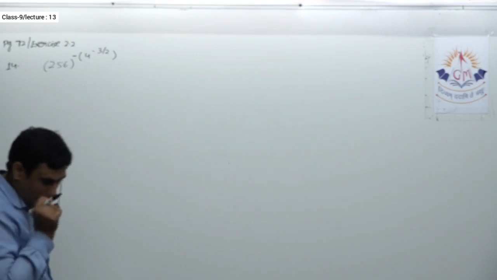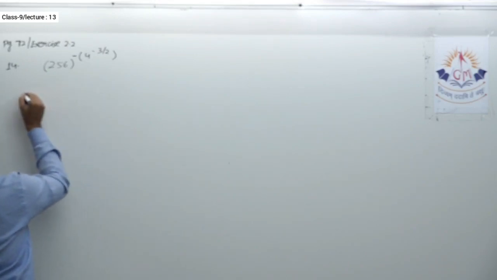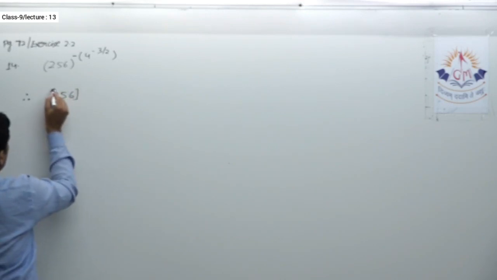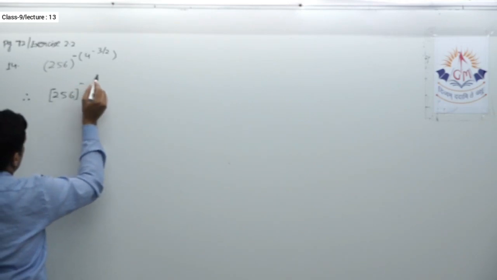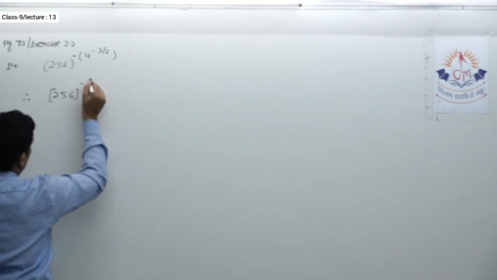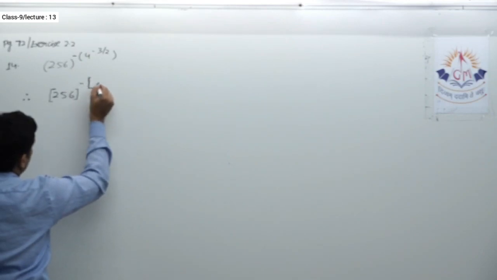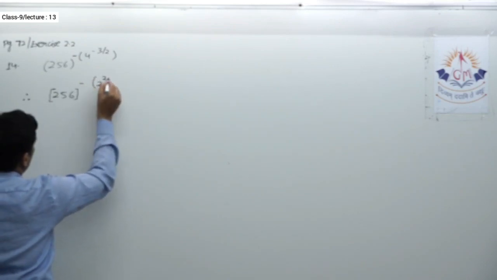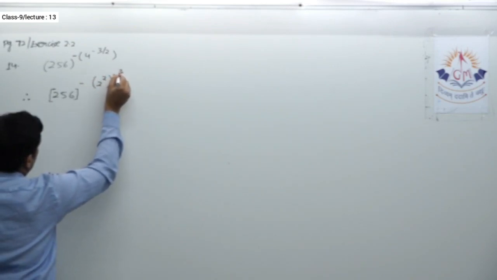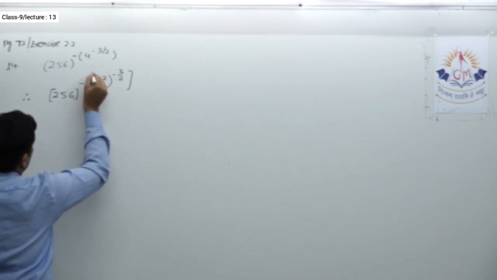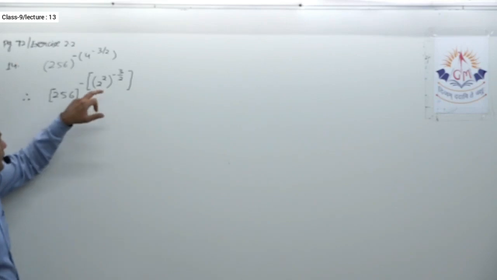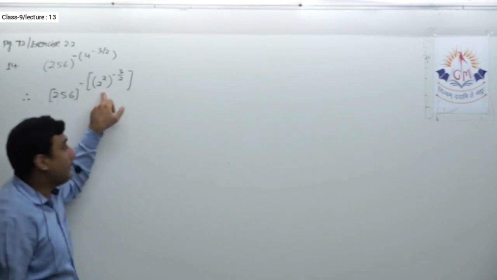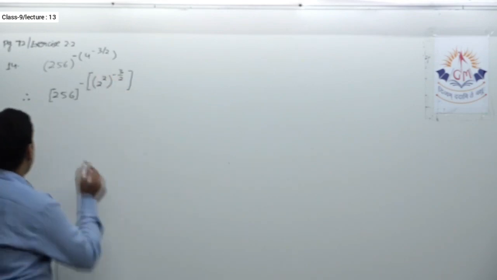Okay, so let us see how to solve this. 256 raised to this minus, I keep it as it is, 4 raised to minus 2. So 4 can be written as 2 square. I write 4 as 2 square raised to minus 3 by 2. Try to understand, this minus sign I took as it is. Here in the place of 4 I wrote 2 square and this minus 3 by 2 as it is.